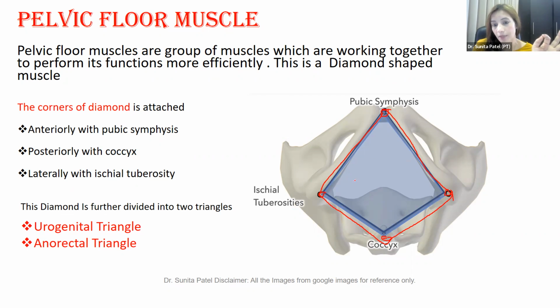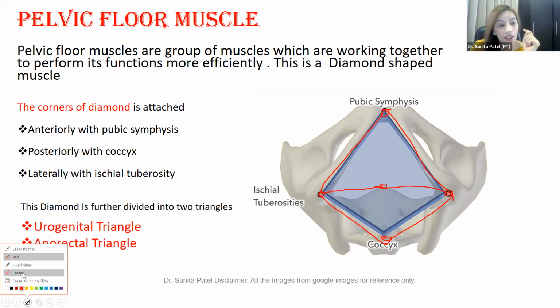This diamond is further divided into two parts. Now take your ischial tuberosity. In the center here we have the perineal body. From one ischial tuberosity draw a straight line towards the perineal body, and from the other ischial tuberosity come towards the perineal body. Once you join them together, you will find two triangles, an upper triangle and a lower triangle. The upper triangle, this one,